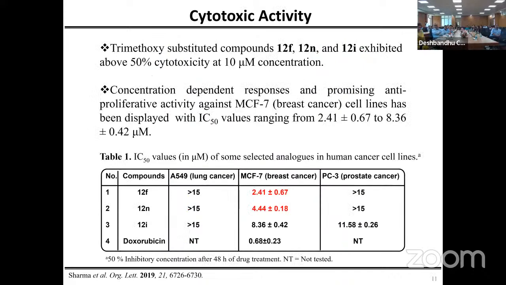Since these kinds of polycyclic heterocycles were previously reported for their anti-cancer activity, even though we are not medicinal chemists, we found that it is always better to test these molecules for some biological activity. We did some collaboration and found that a few of the compounds were active against the MCF7 breast cancer cell line at 2.41 micromolar concentration. But when we compared with doxorubicin, we found that these are not potent enough to pursue further, but at least we have shown a glimpse that these kinds of molecules have potential for further medicinal chemistry